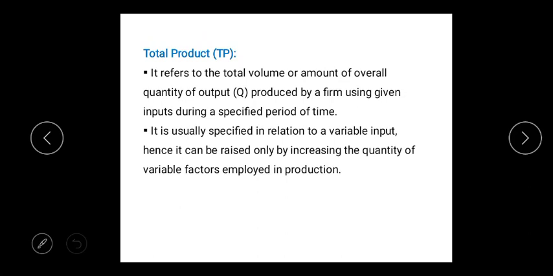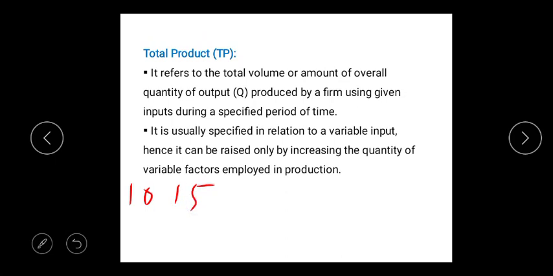So, dear students, we can define the total product as the sum total of output produced by all the units of a variable factor used in the process of production along with some amount of the fixed factors. Let us give an example here. If labor and capital are the variable and fixed factors used in the process of production, that is, we take labor as a variable factor and capital as a fixed factor, and if some units of labor are used along with some fixed amount of capital, and if their contribution to output is 10,